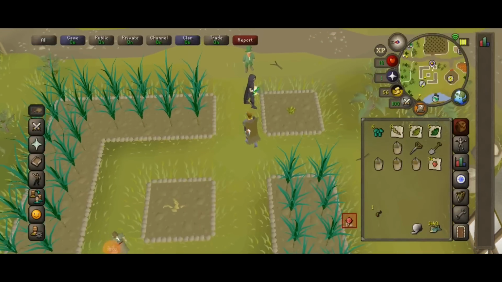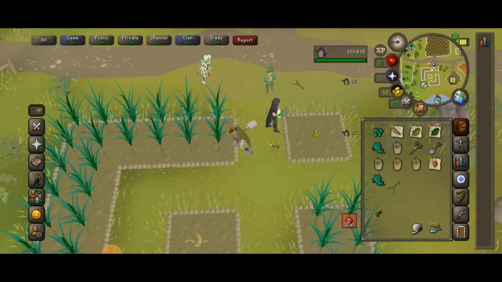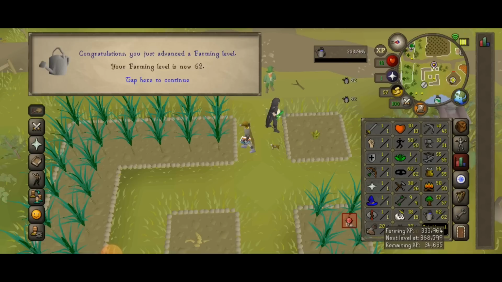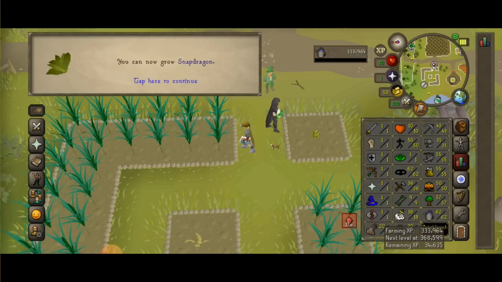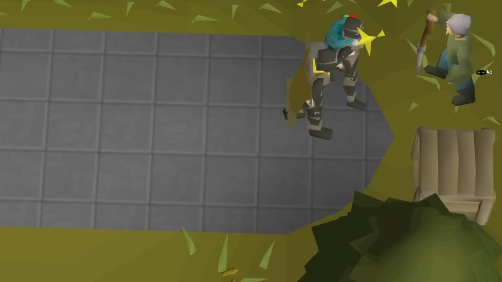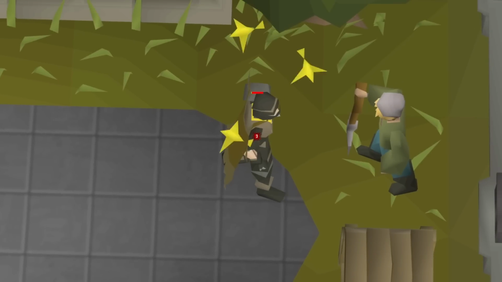Of course, I've been keeping up with my daily morning farming runs throughout this entire process, and I've been doing the fruit trees and allotments, which is not too fast of experience, but it's definitely adding up. And this is no exception, where I hit 62 farming, which is pretty nice to have. So after completing this farming trip, I decided to go back to the farming guild, of course, complete some more contracts, pickpocket some more master farmers, and well,